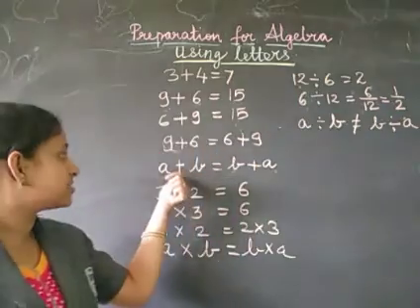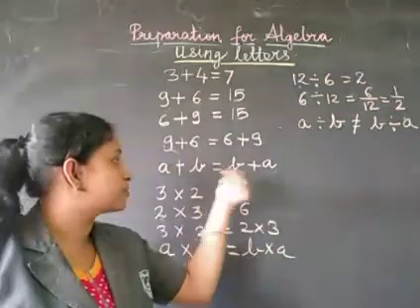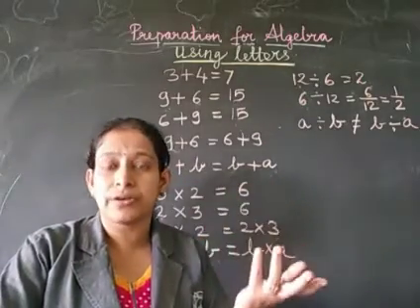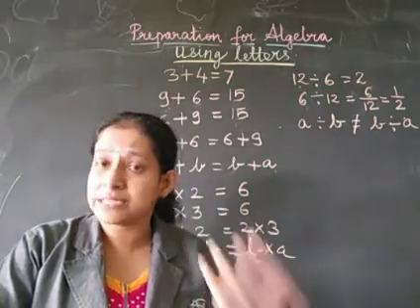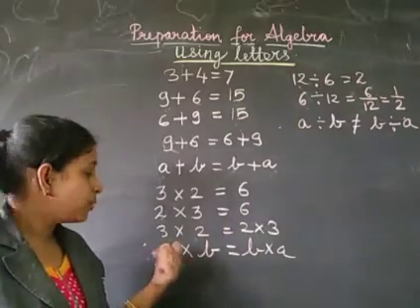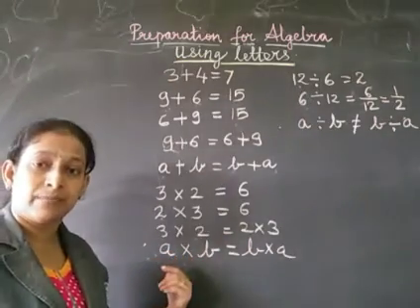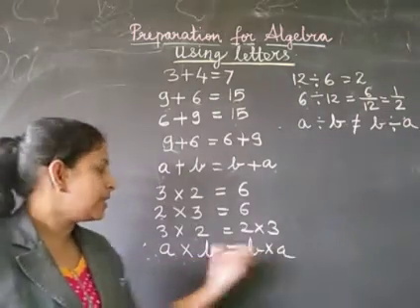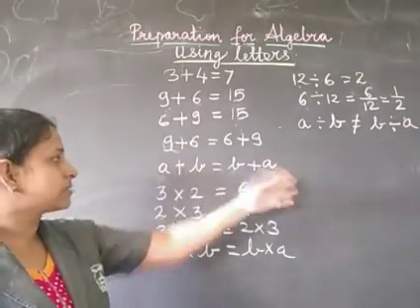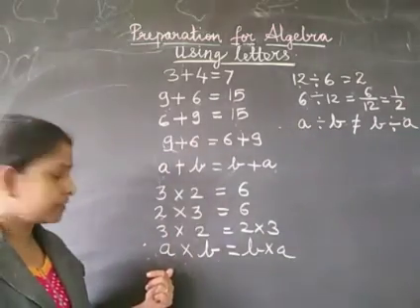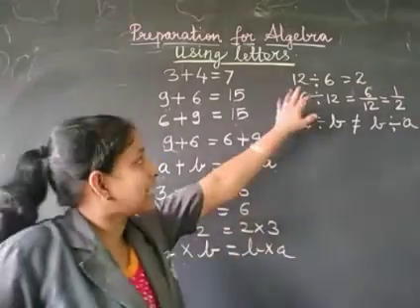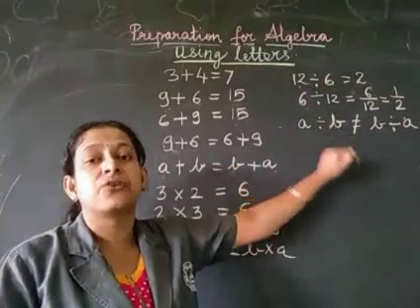Whereas in the case of addition, we can say that A plus B is equal to B plus A, because if you add any numbers and interchange their order, the sum will always remain the same. Similarly, in the case of multiplication, any two numbers when multiplied and their order interchanged, their product remains the same. So the property A plus B is equal to B plus A is similar to multiplication, that is, A multiplied by B is equal to B multiplied by A. But in the case of division or subtraction, it is not correct.